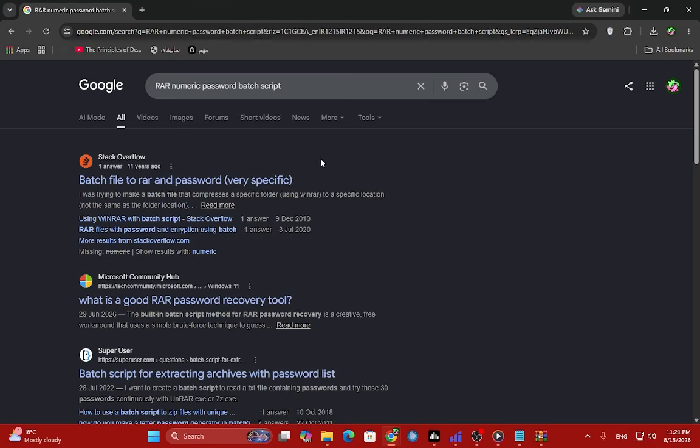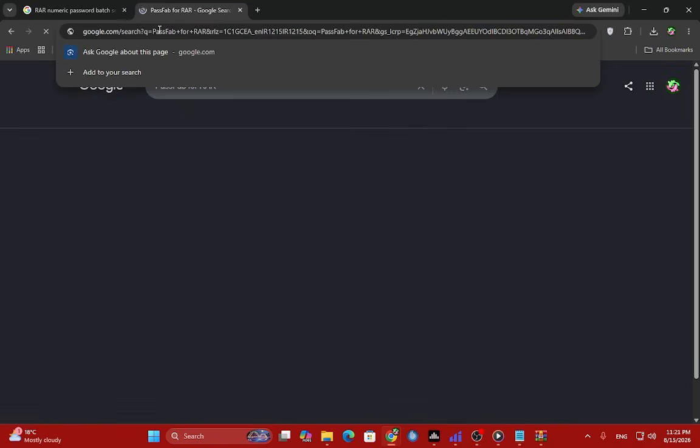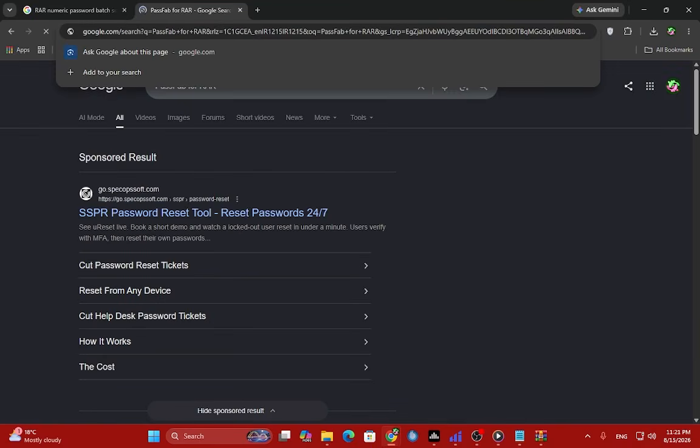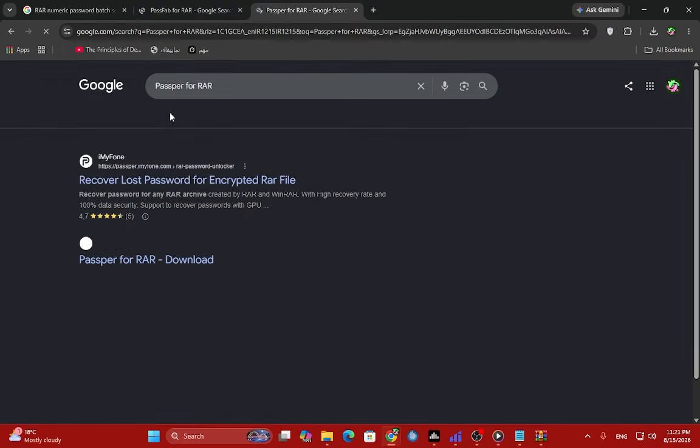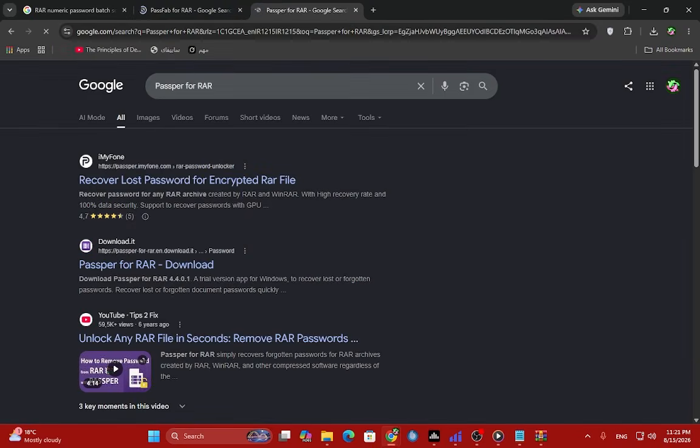Now, if none of that panned out, you're going to want to move on to dedicated password recovery software. Programs like PassFab for RAR or Passper for RAR are built specifically for this job, and they work by running through different attack methods. A dictionary attack that tries common words and known passwords first, a brute force attack that tries every possible combination if you genuinely remember nothing, and the mask attack that speeds things up massively if you can remember even a little detail, like the length of the password, or whether it had capital letters. Just import your locked RAR file into the software, pick your attack method, and let it run in the background while you do something else, because depending on how complex the password is, this can take anywhere from a few